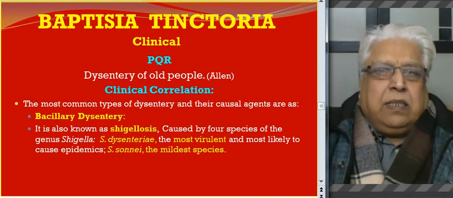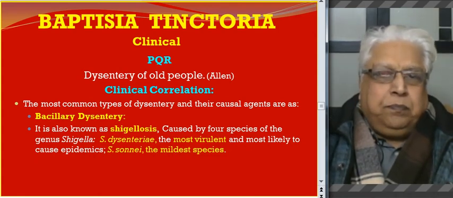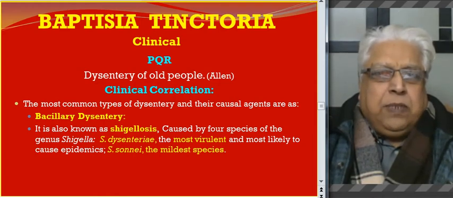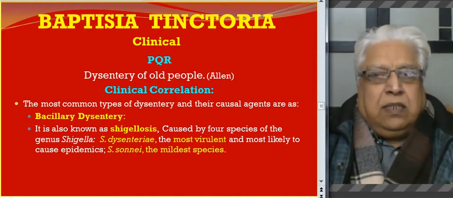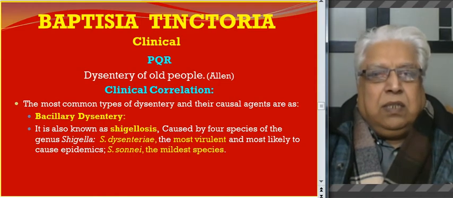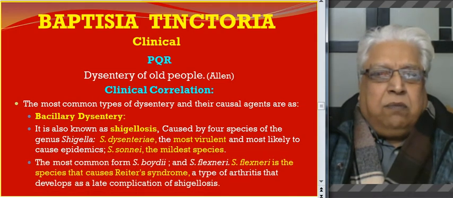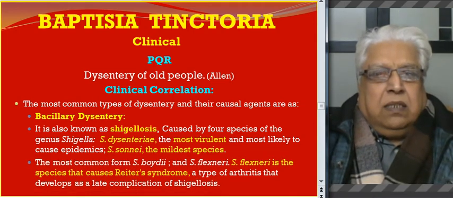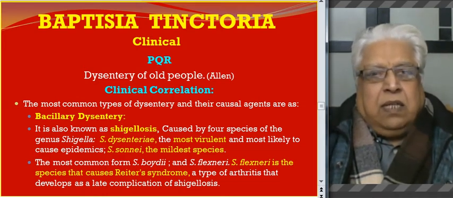Another condition is bacillary dysentery, also known as shigellosis. It is caused by 4 species of the genus Shigella. Shigella dysenteriae is the most virulent and most likely to cause epidemics of dysentery. Shigella sonnei is the mildest species. The most common forms are Shigella boydii and Shigella flexneri. Please remember, Shigella flexneri is the species